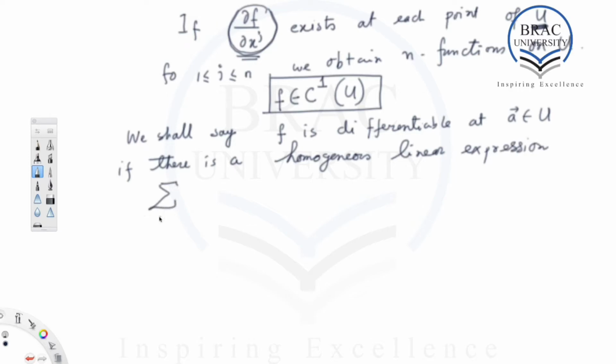This is a homogeneous linear expression. Here you see that this vector a is given, whose coordinates are given by ai's, i running from 1 to n, and we are talking about an arbitrary point x whose coordinates are given by xi's, and there are certain constants called bi for which we can write this homogeneous linear expression, such that the inhomogeneous